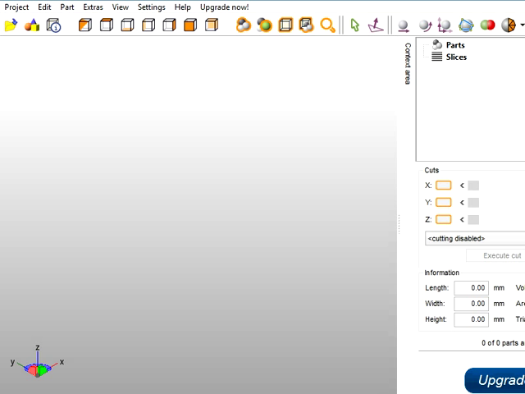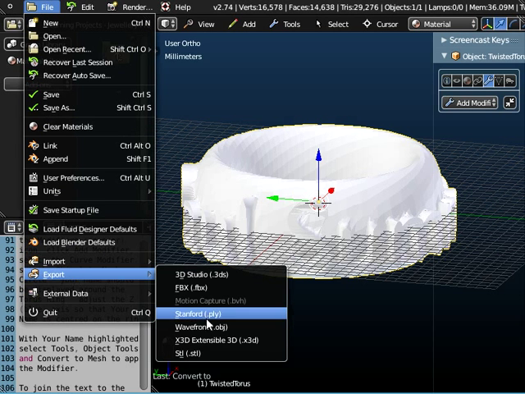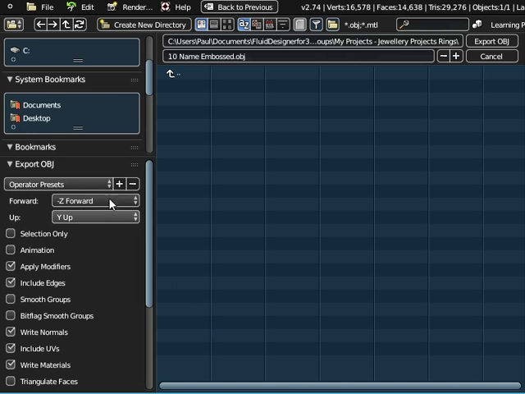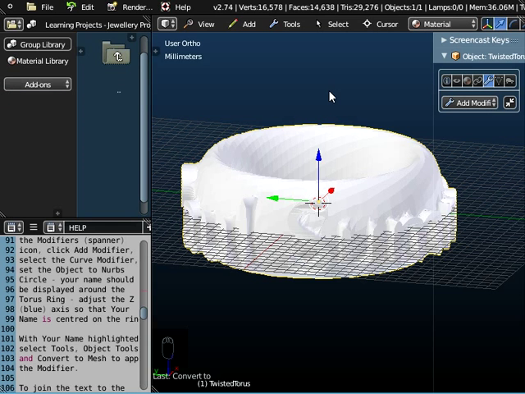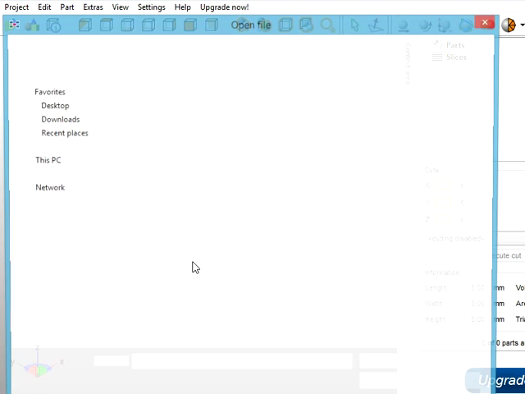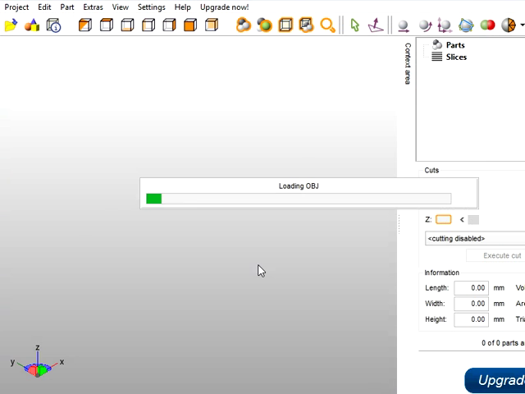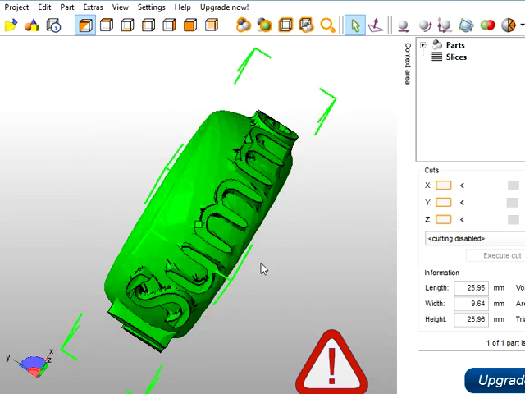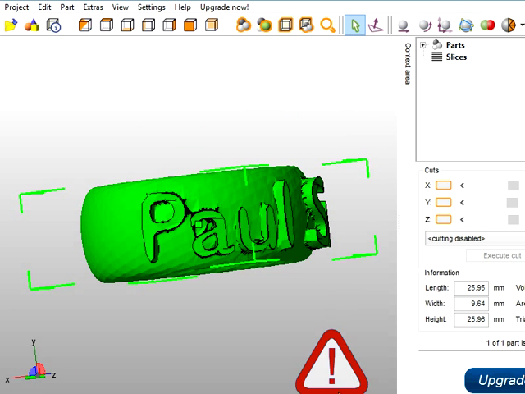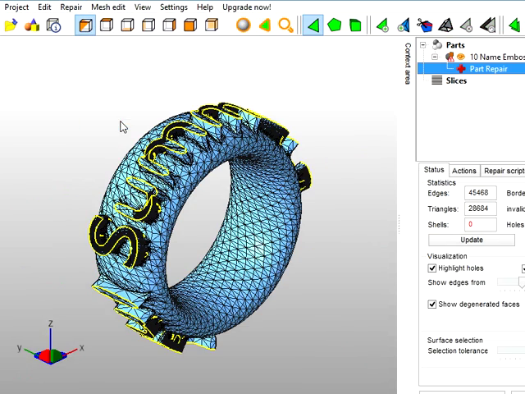We can't go to Netfab just yet. We need to export it first of all in a printable file format. So we can export it as a wavefront object to the desktop as lesson number 10, name Embossed as an object file. Then go to Netfab and check this mesh. So go to the desktop and open name Embossed, and as I would have suspected, there are some problems, but if we go to extras and repair the part,